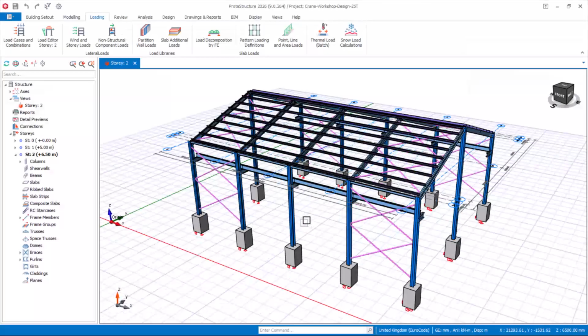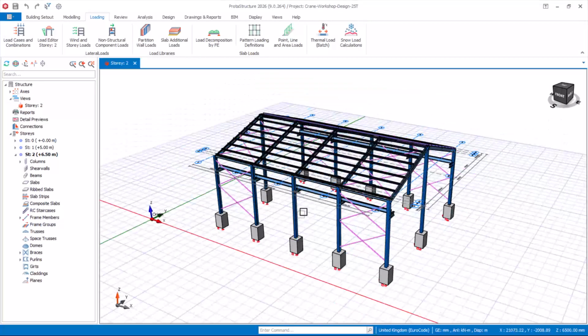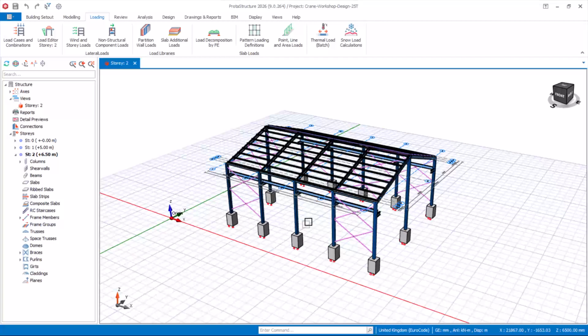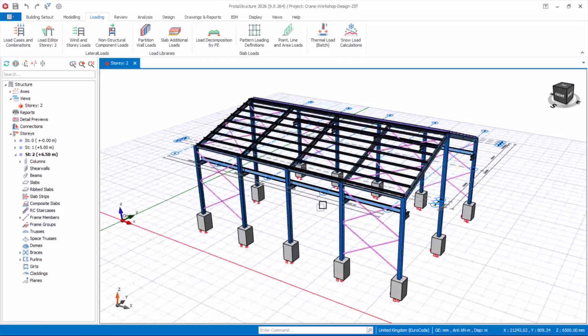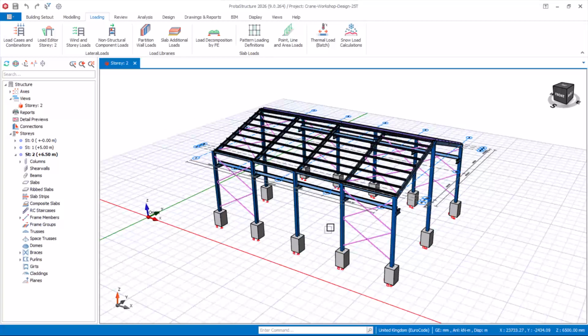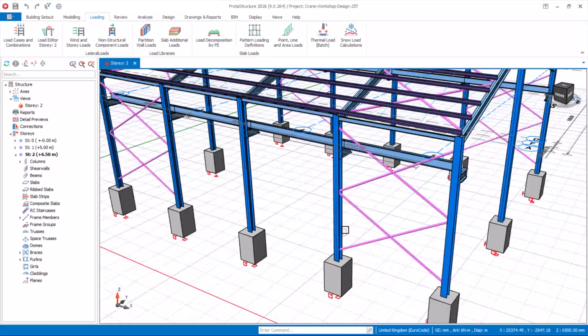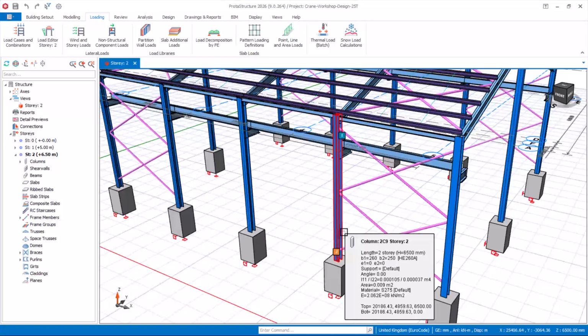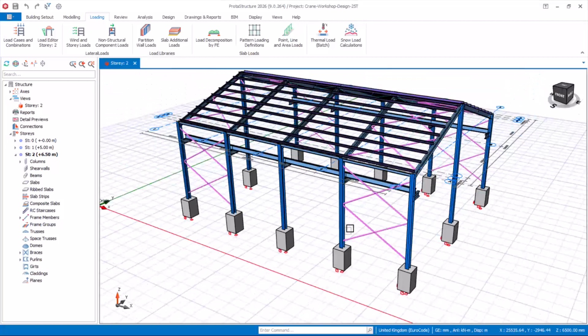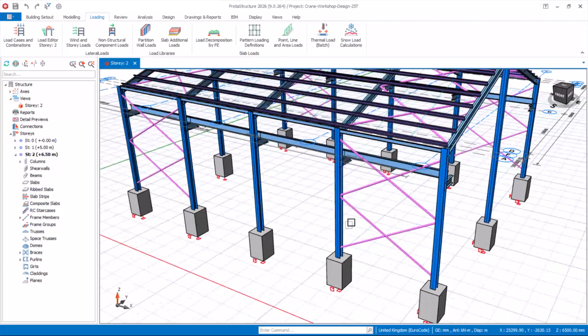So why do standard sections fail under heavy gantry crane action? Standard steel sections like universal beams or I sections are typically optimized for static distributed gravity loads. Gantry cranes, however, introduce a unique set of aggressive forces that standard sections are not inherently thick enough to actually